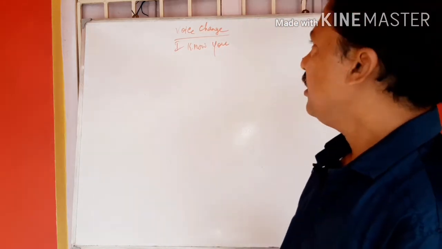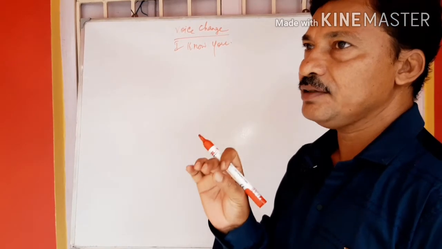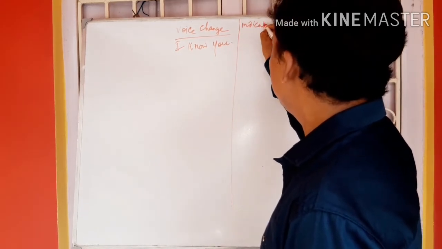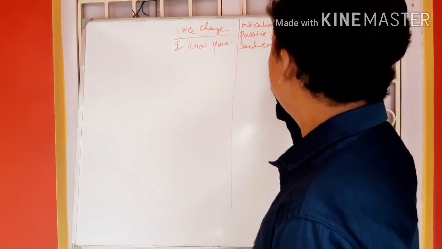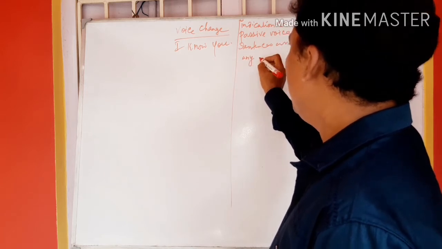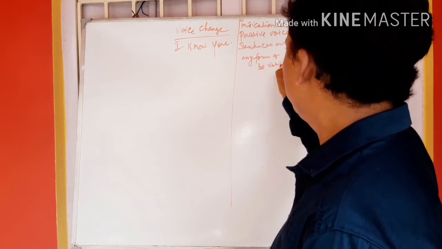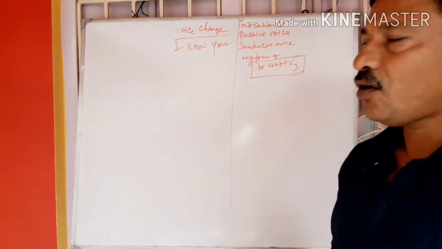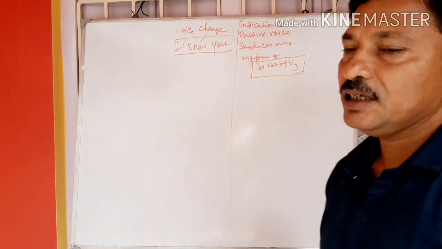I know you. This is an active voice sentence because the indications of passive voice sentences are absent here. The indication of passive voice sentences is any form of be verb plus V3. This is the indication of passive voice, but this is not so. There is no V3, there is no be verb, so this is an active voice sentence, and we have to change